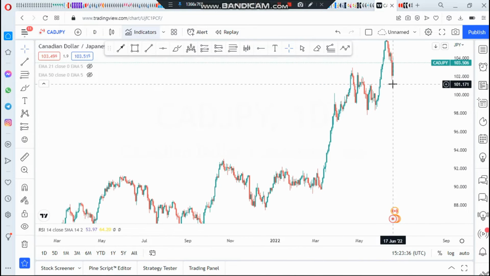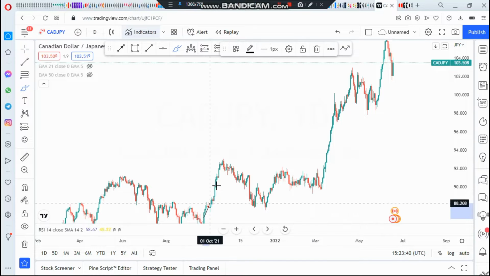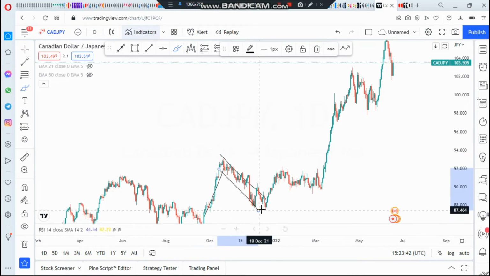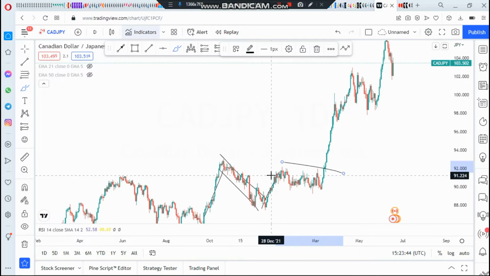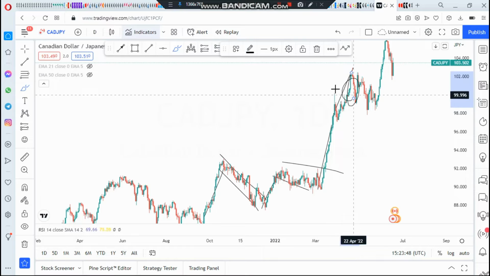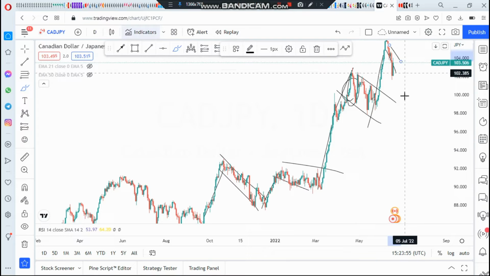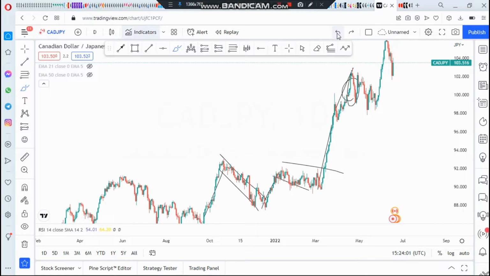Okay, so this is the daily time frame. As you can see on this chart, we're having some impulses and some corrections. This was an impulse, this was a correction, and this was an impulse to the upside up to this area right here, and this was a correction and an impulse. So this right here looks like another correction, which means we're looking for potential buys to the upside. With that being said, the area that we're going to be focusing on is